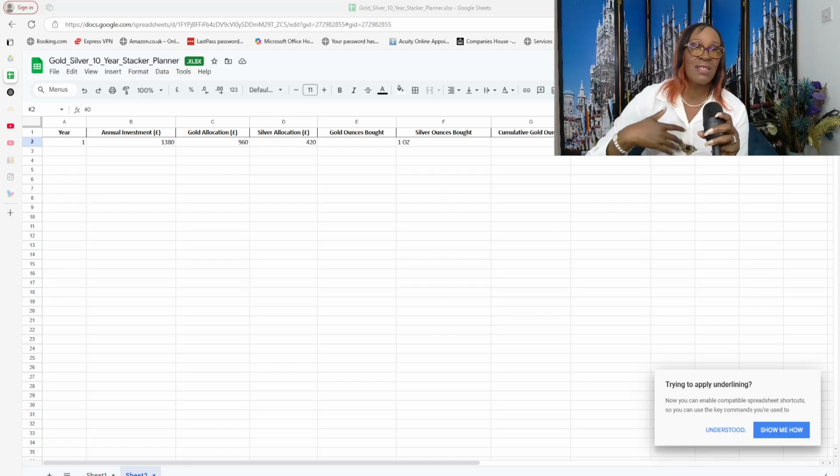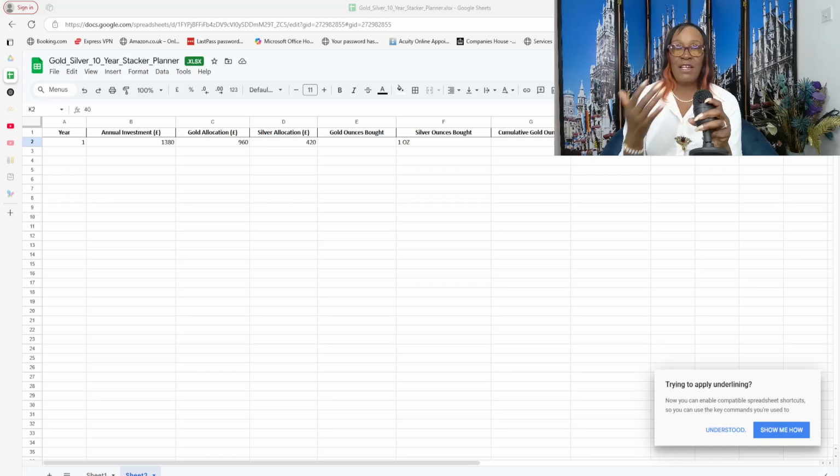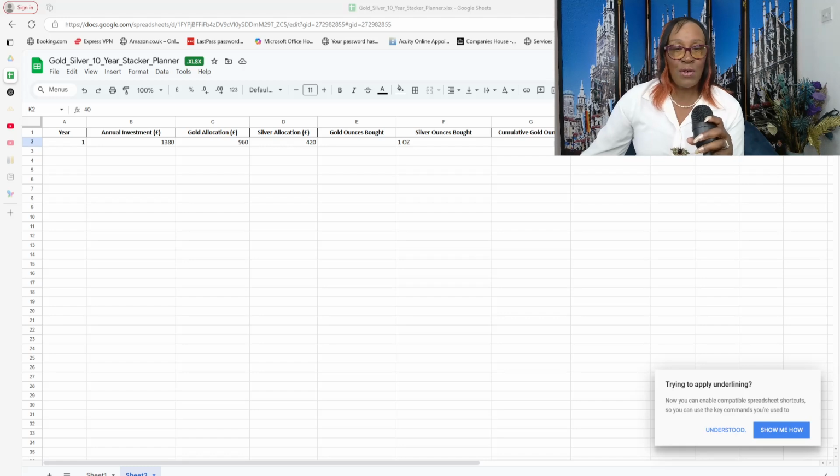This calculator is a step-by-step guideline, and obviously you've got your own way of doing things, so you may want to make some changes to it, for example. But sheet 2 that I just showed you is like a 12-month plan. And as you've completed the 12-month plan, so for example, if I was to go here and do year